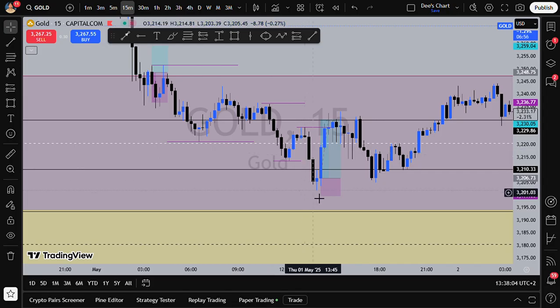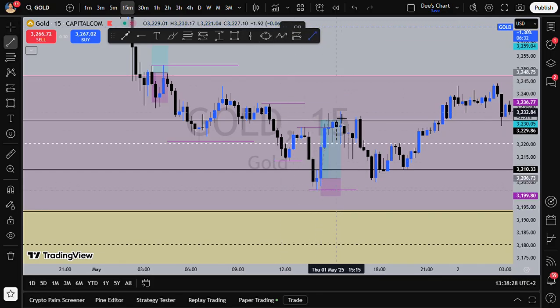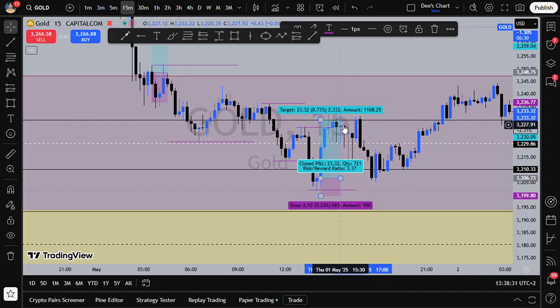So once we created this trend, as you can see, we have a lower high, a lower low, a lower high, a lower low. We created this higher high. So once we created this higher high, we are no longer bearish, we are bullish now. So the new trading range becomes this trading range right here. My swing point down here is made out of these three candles, and my swing point up here is made out of these three candles. So this black one right here, this blue one, and this black one. So that's my valid trading range right there,